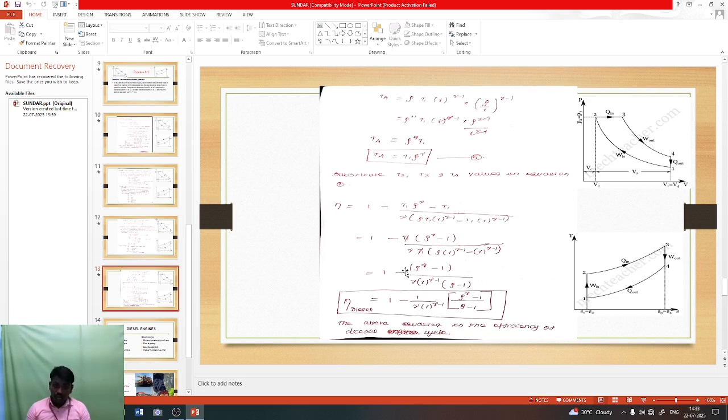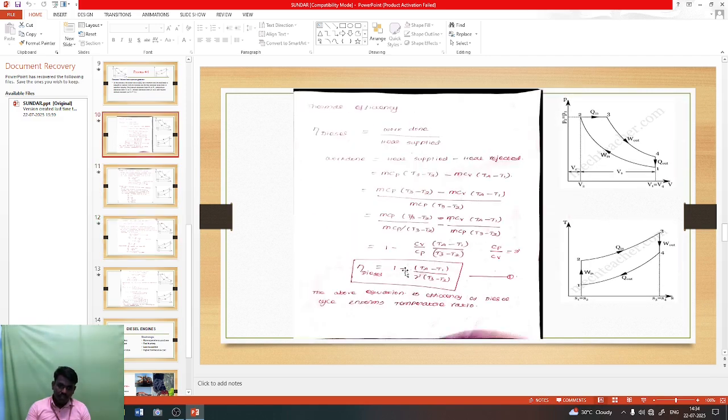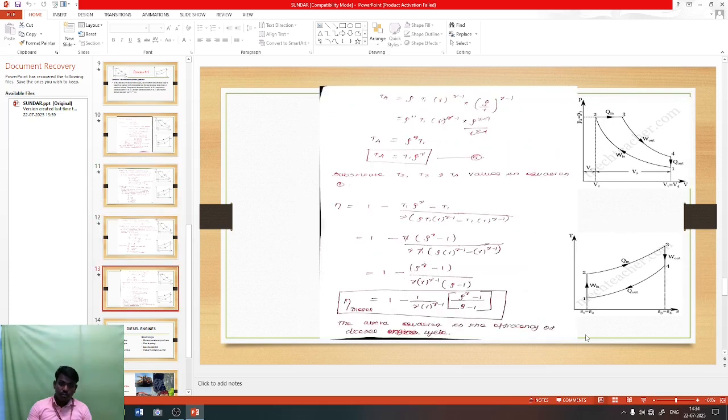Now we already have equation number 1. So now we have to substitute the T2, T3 and T4 values in equation number 1. This is our equation number 1: efficiency is 1 minus (T4 minus T1) divided by gamma into (T3 minus T2). We have to substitute all the values. 1 minus, T4 is T1 into rho power gamma, T4 minus T1, divided by